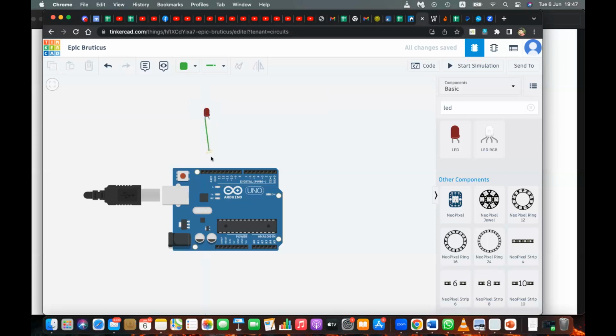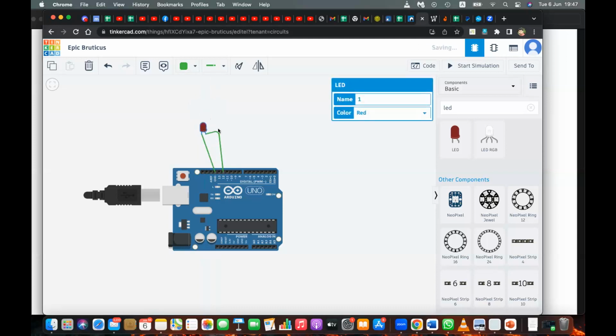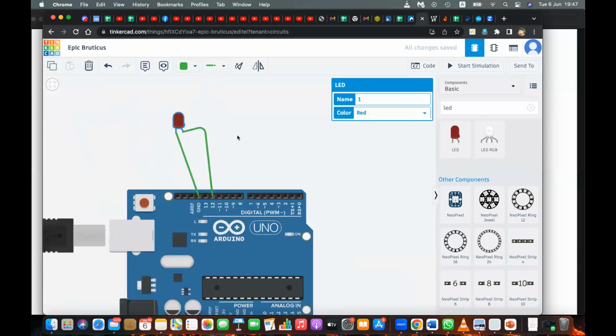The short end you have to connect to the GND pin, whereas the long end you can connect to any of these digital pins. I'm connecting it to pin number 12. Okay, this is what my circuit is. I hope everybody can see. Please do this now and let me know once you are done.